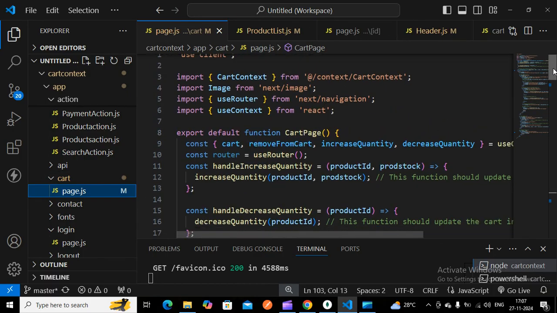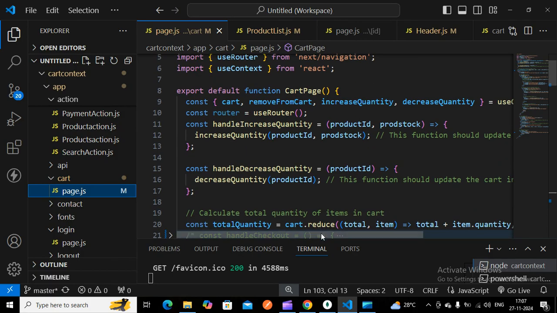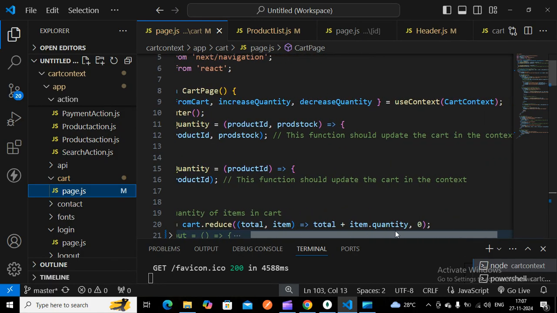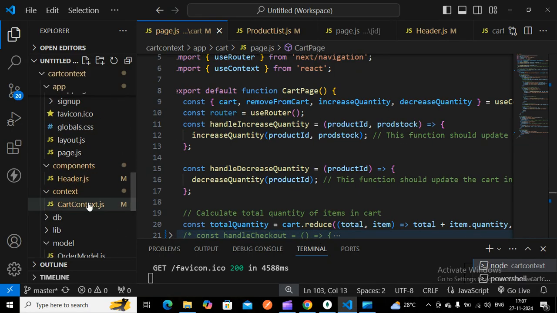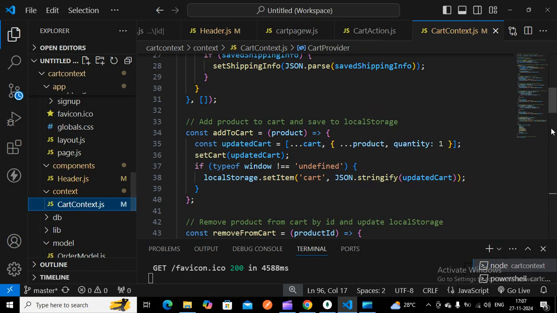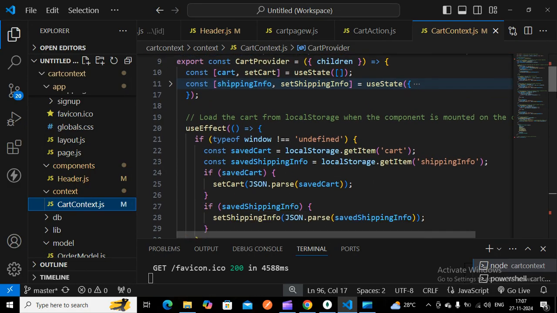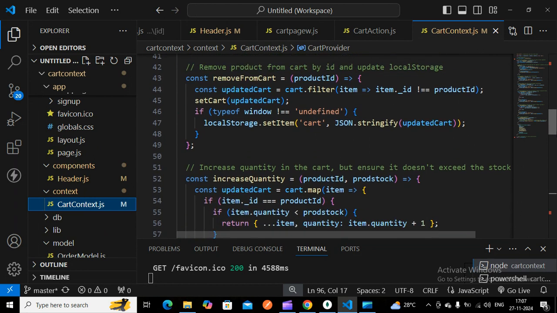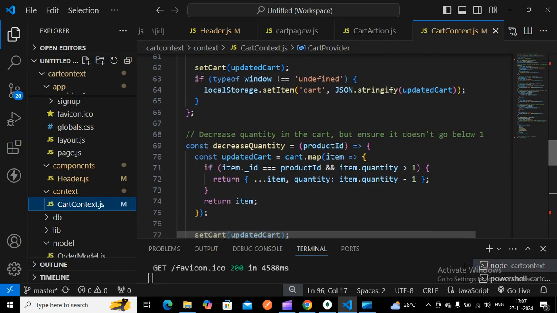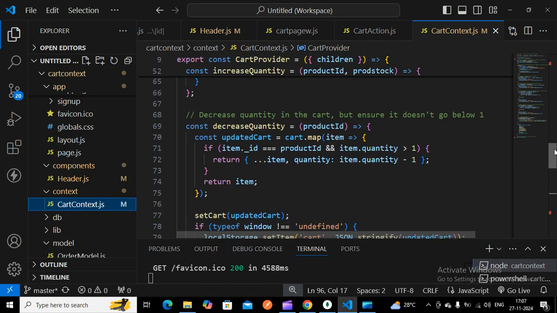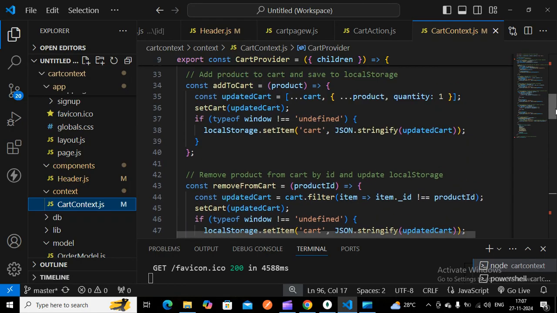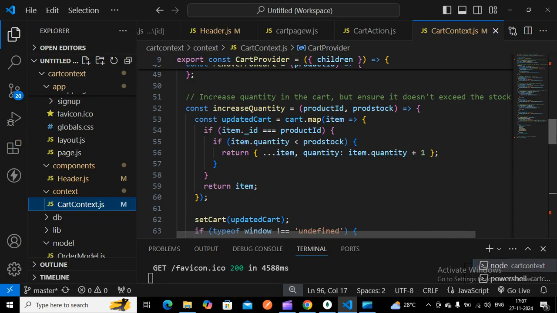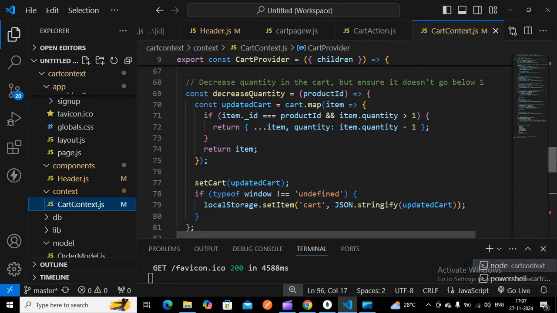In this I have this createContext. I have created the cart context so that I'm getting the increment quantity and add to cart functions. Every function is written in the cart context. Here you can see remove from cart, increase quantity, decrease quantity. Everything I will be using in the cart page. We had already seen in one of the tutorials how to add, how to remove an item, how to increase and how to decrease the quantity of the item.